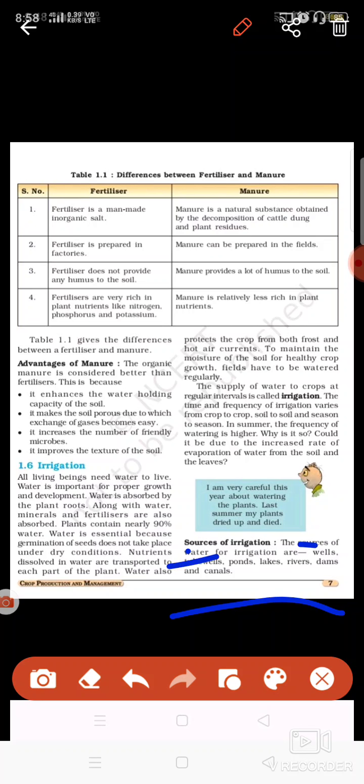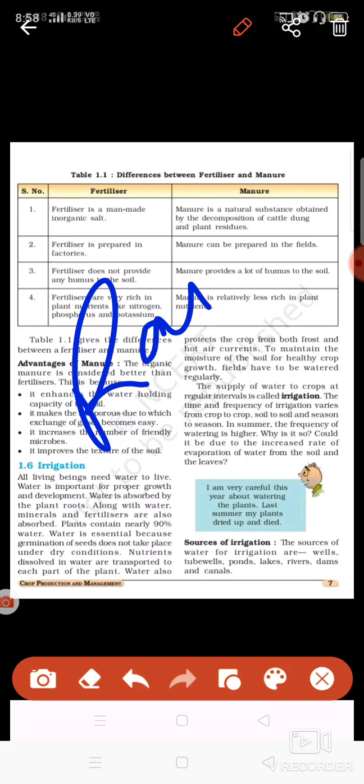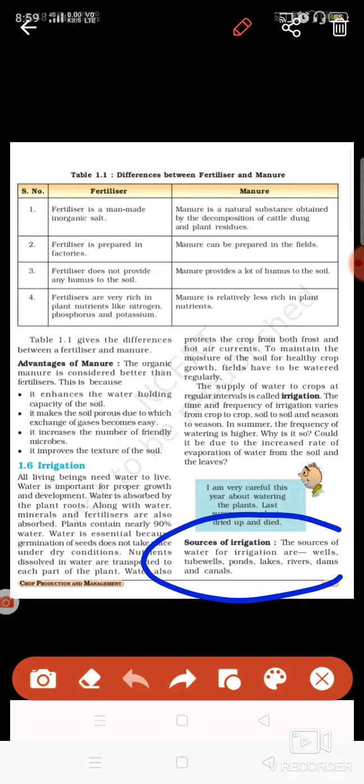Basically wells, tube wells, ponds, lakes, rivers, dams, canals. These are the sources from which we can draw the water, and we can sprinkle that water to the fields. These are the sources, because rainfall is not proper. There are many regions where rainfall is not there. So for those regions we need to depend on the sources of water, different sources of water from which we